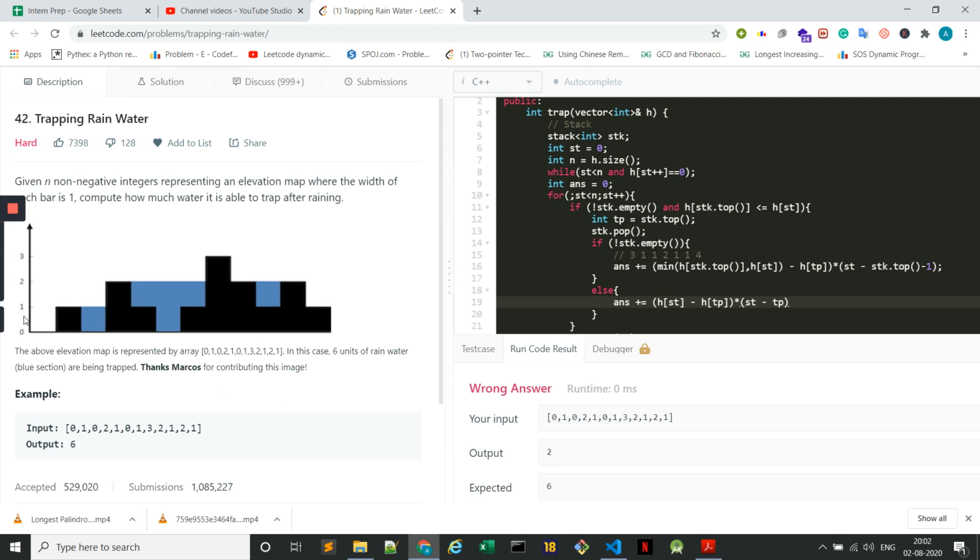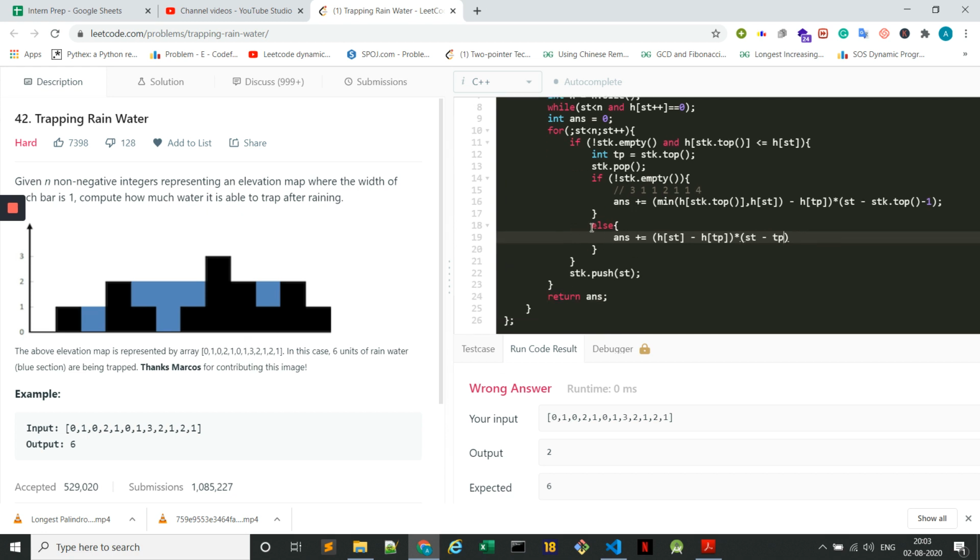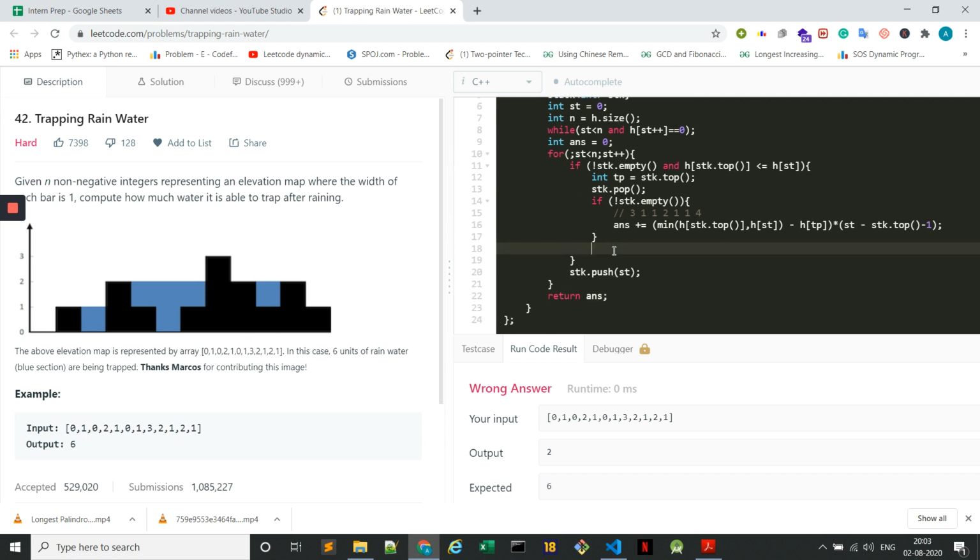Let's say first of all comes this bar one, right? So we push it in, because the vector, the stack, is empty. Next comes zero, but zero is not greater than one, so we push zero again into the vector. Next comes two. Now when the two comes, zero is less than two, right? And we have the one on the left hand side as well. So zero is already contributing there. So I think this contribution is big. Why? Because when we are at the particular histogram, then we only need to take care of what all values are going to come above it in the histogram, right?